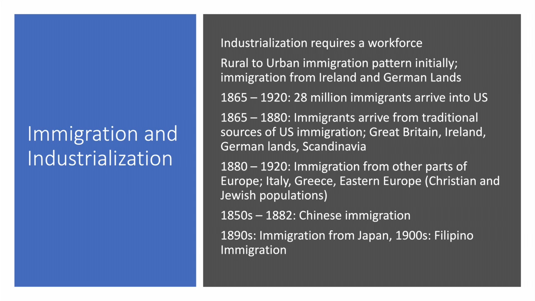But beginning in 1880 and accelerating in the 1890s, immigration from other parts of Europe and outside of Europe began to occur. And so you start to see immigrants from southern Europe, so Spain, Italy, Greece, but especially Italy and Greece. You began to see immigrants from Eastern Europe. So think the areas that today are Poland and the Czech Republic and Slovakia and the Balkans, so Serbians and Croatians, and Slovenes and people from Russia. And so we got immigrants from other parts of Europe, primarily from Mediterranean or Southern Europe and from Eastern Europe.